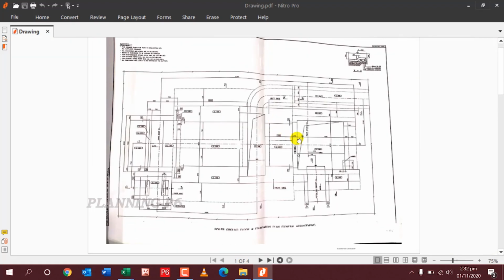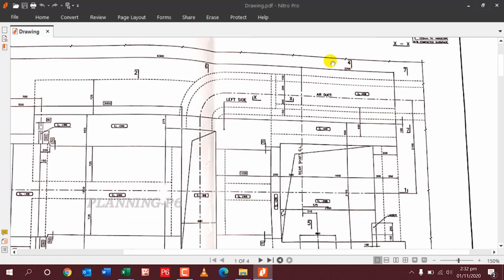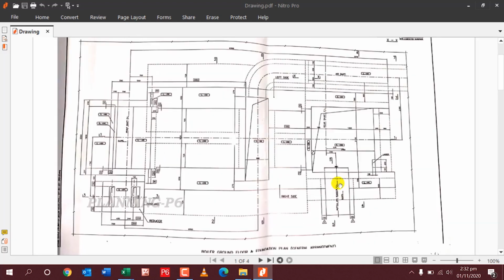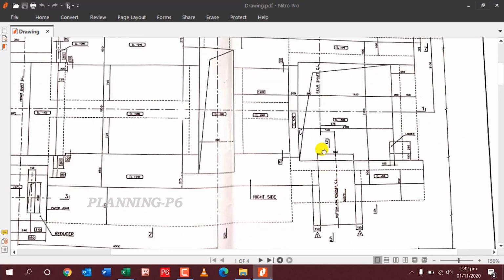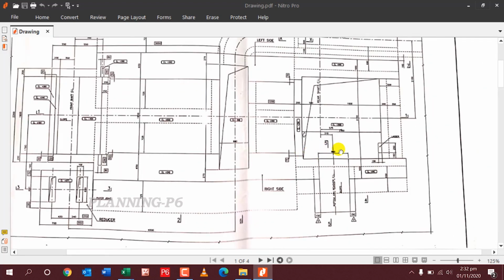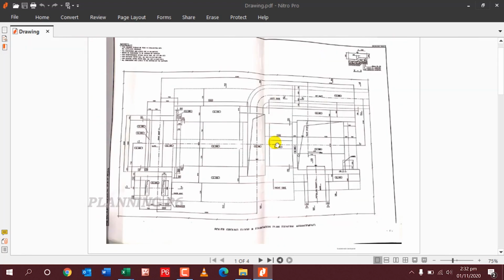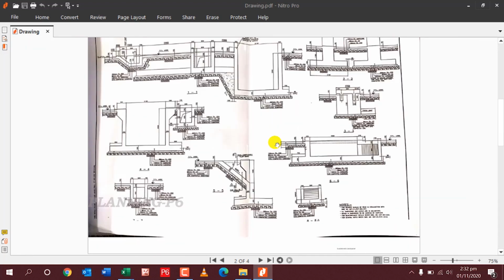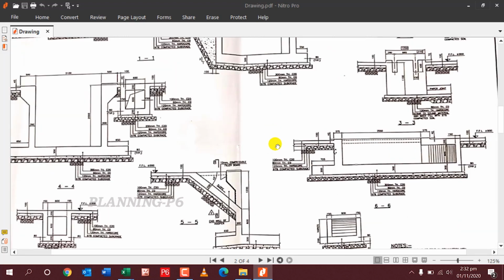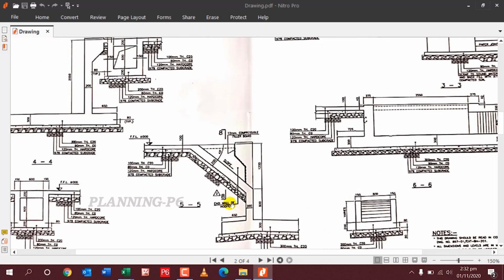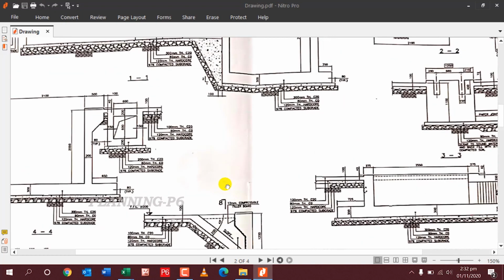Okay, the next one is section 44. Next one is section 55. And then I will go for section 44, then 77. Okay, the next one is section 55. In the 55 section you can see a slope which is also mentioned here.